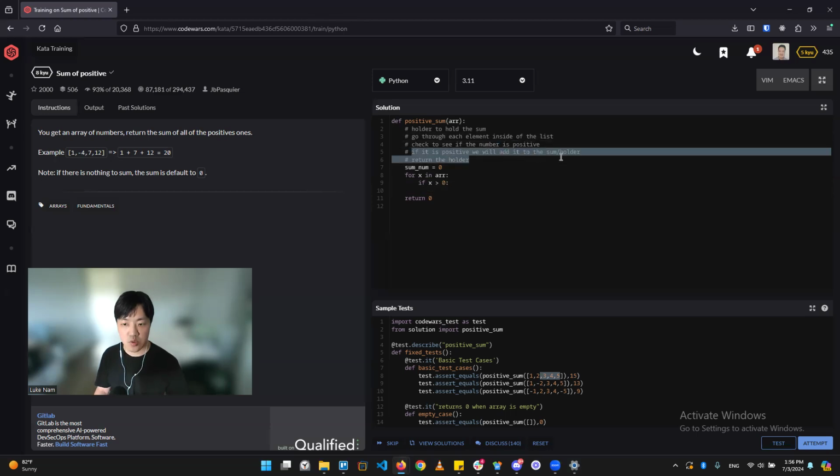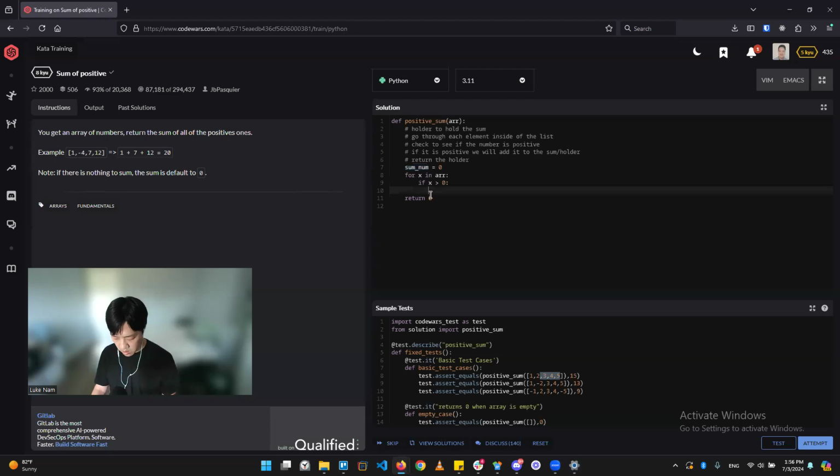We should add it to the sum/holder. So we know that this is the sum/holder, the variable. So how do we add it? Well, we could just do this. Plus equals